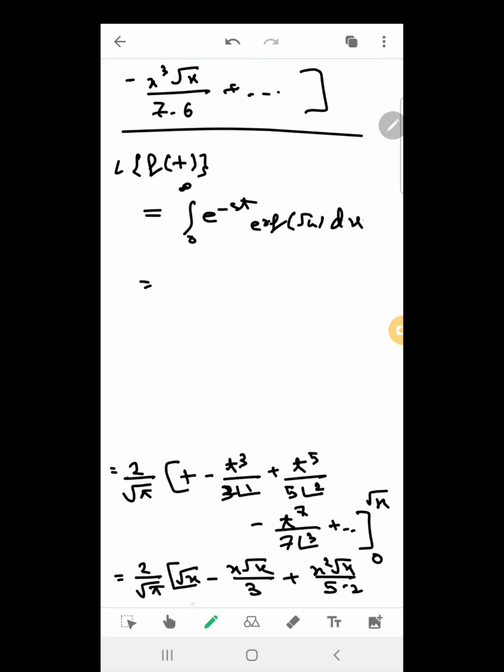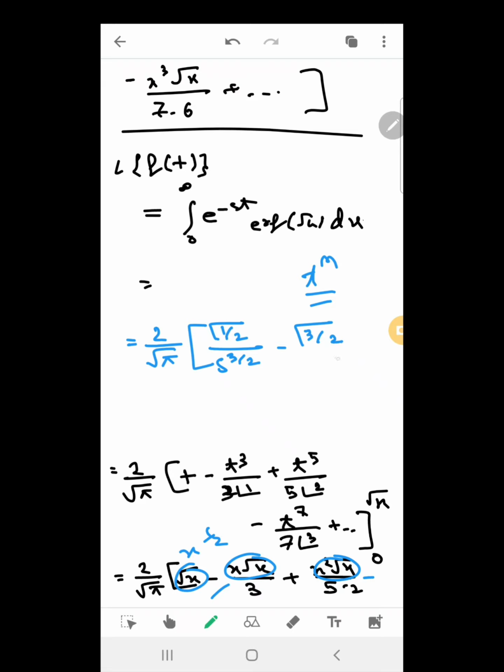Now see, we know the Laplace transform of t to the power n, right? And these are all of the form t to the power n. This is x to the power half, this is x to the power 3 over 2, x to the power 5 over 2. So we will apply that directly. So applying that directly, we have 2 over root pi outside. Inside we get the gamma of 1 over 2 over s to the power 3 over 2 minus the gamma of 3 over 2. Okay, sorry, I've made a mistake here, right? Wait a minute, sorry.